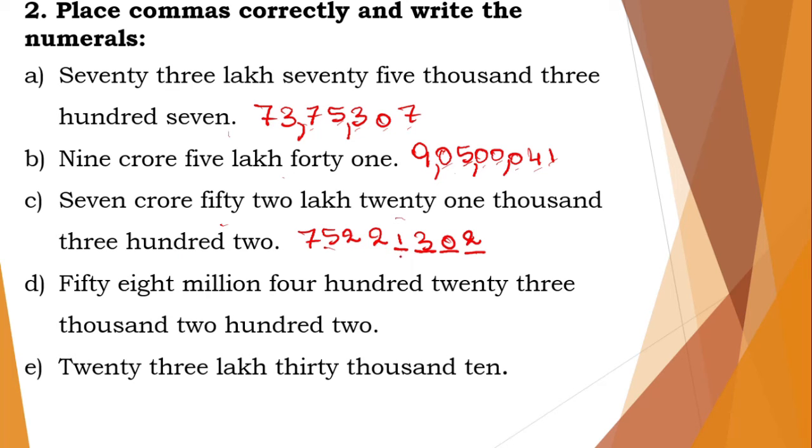Now let's place the commas. Now after every 3 digits we'll put the first comma. And again after every 2 digits we'll put the second comma. And again we'll put the comma after every 2 digits. So this is the third comma. So we will read the numeral as 7 crore 52 lakh 21,302. Now let's see the fifth question. So in the fifth question we have